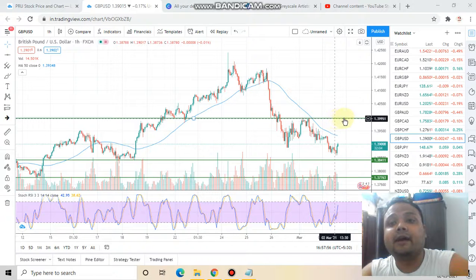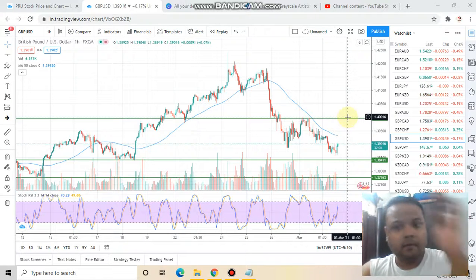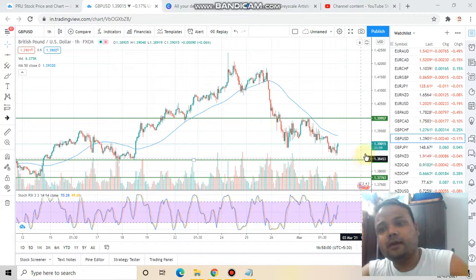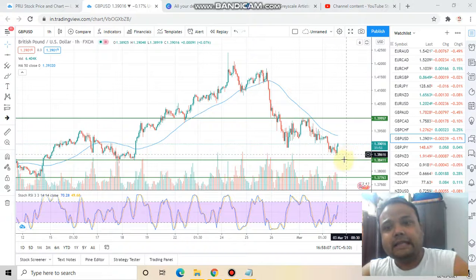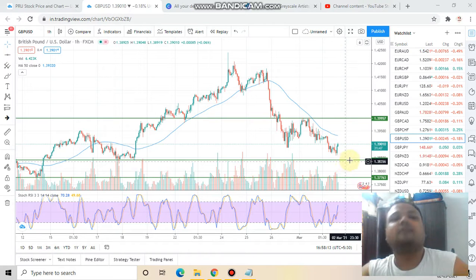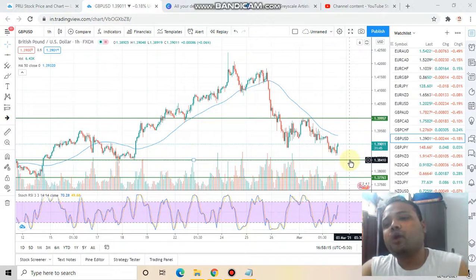This is your ideal buying position. But if market bounces from here and if you see some good buying pressure, then you can also buy above this. In case market fails to take support at this level, then there's the next small support available